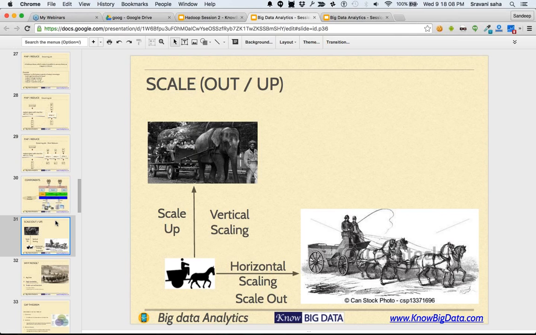if you have a cart and you want to carry more goods and your horse is not sufficing, then if you replace the horse with the elephant, this is called scaling up or vertical scaling. And this is the general traditional way of doing things before newer kinds of carts were available. Okay. Now, if you replace the cart with a new kind of cart which can support multiple horses, then this is called horizontal scaling.